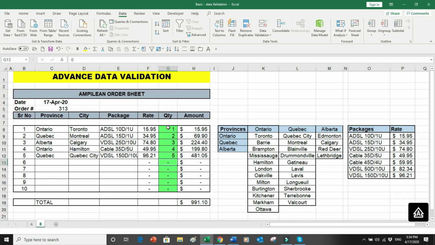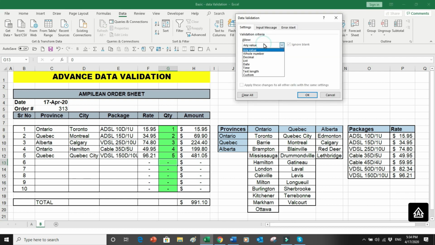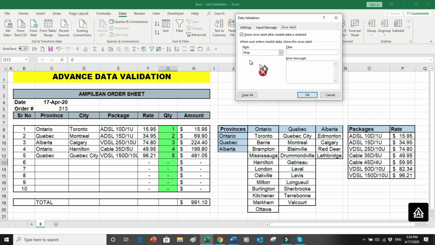So these are the very fundamentals of a sheet. There are many other options available over here. Whenever I have got the time, I can show you many other things, which is the whole, over here, which is an input and error alert. You can always select a message where if there's a wrong entry, you can select stop, warning, or information, and whatever. If you want to say stop and you want to put something here as a message which says wrong data, you can always do that. We can always do those things.